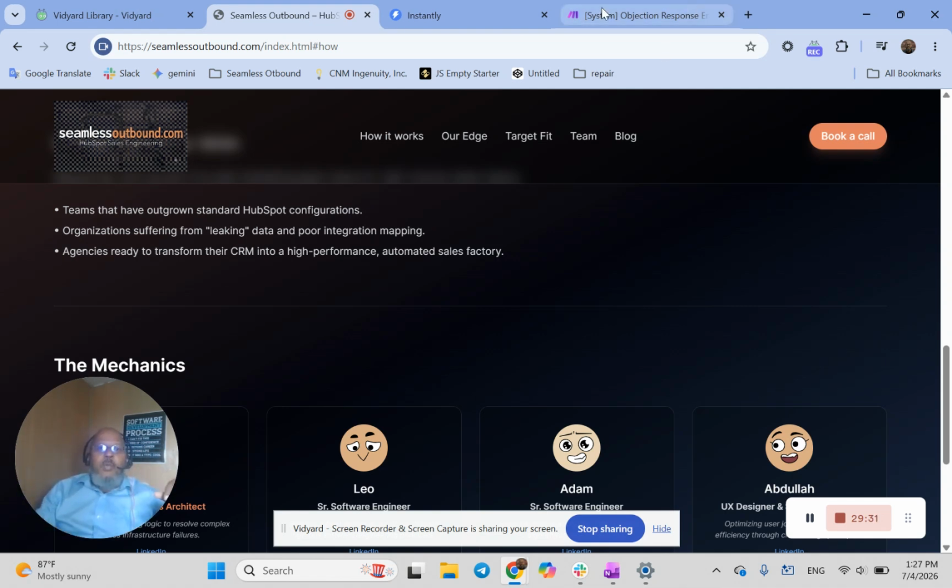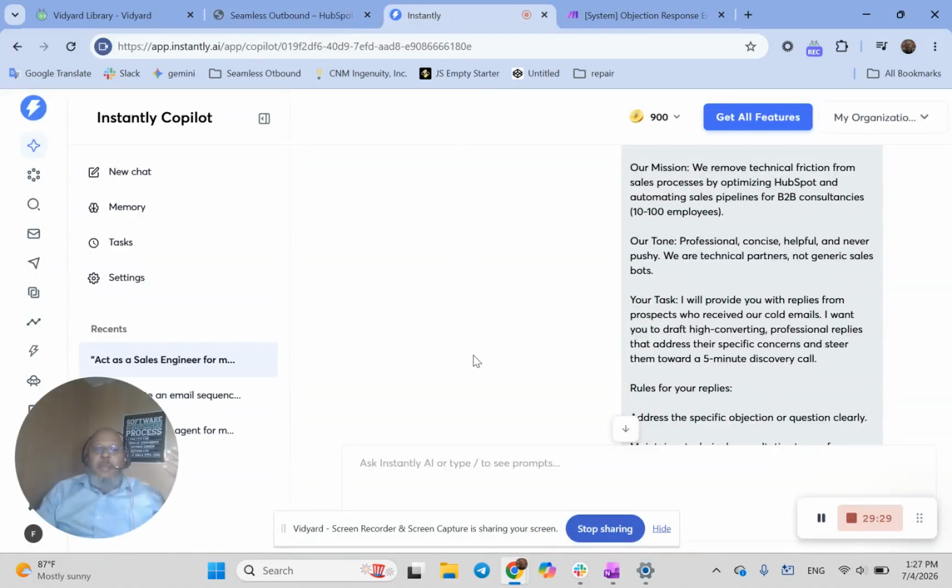So what we're going to do is use Instantly. Instantly is a mass email program, very smart, nice program. They have everything you need to do some mass emails, and they actually use Microsoft Copilot as their AI agent, right? And so you can train it a little bit, or you can tell it the scenario that you want it to be. In this case, hey,